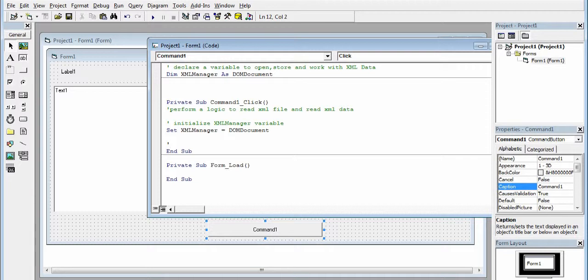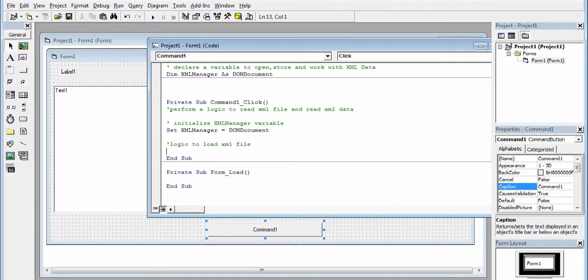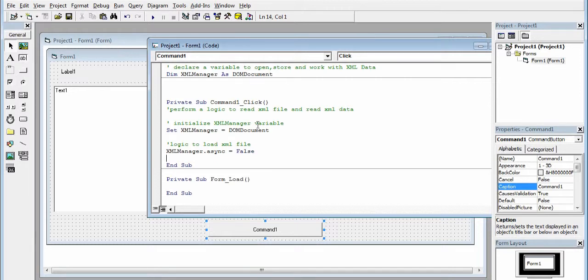I'm going to say XML Manager, logic to load XML file: XML Manager dot async equal false. So what this will do is make sure that the XML data is loaded from the XML file fully and completely at once, very quickly, but at the moment, fully and completely. Then I'm going to say XML Manager dot